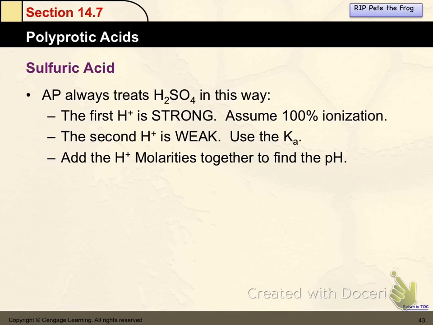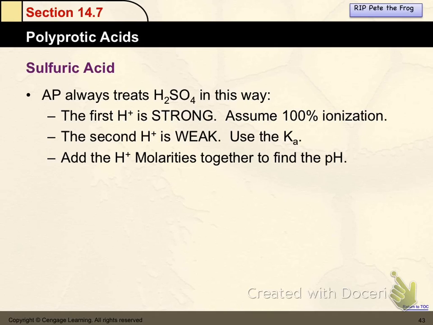So AP always treats sulfuric in this way, and this is, I think, to speed things up. First of all, the first dissociation, so the first hydrogen ion that comes off, that's a strong dissociation. That thing dissociates 100%, all right? The second hydrogen that gets pulled off of there, out of the bisulfate ion, is weak. And so we need to use the Ka for that particular dissociation in order to calculate the concentration of the